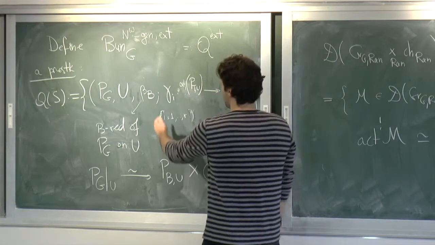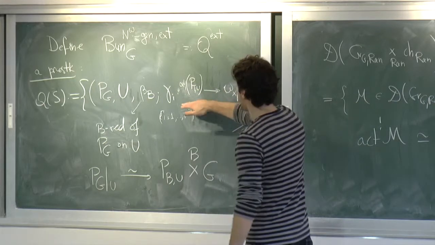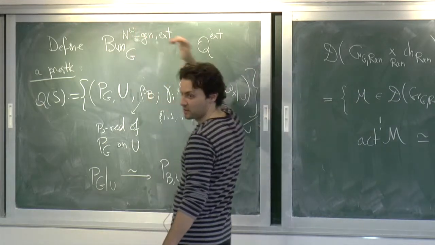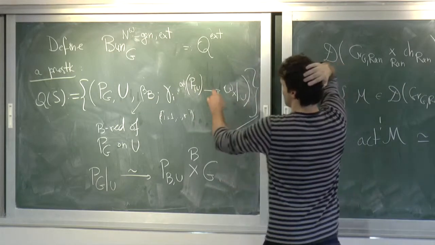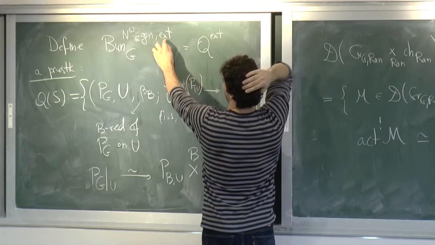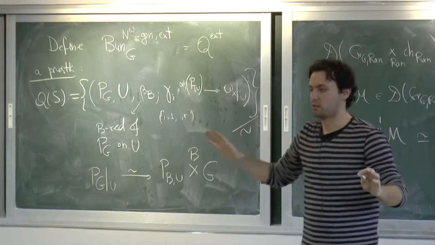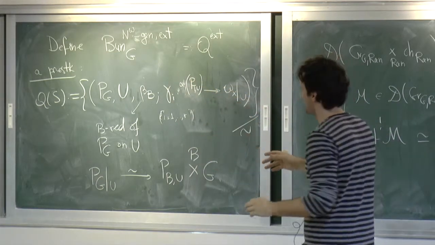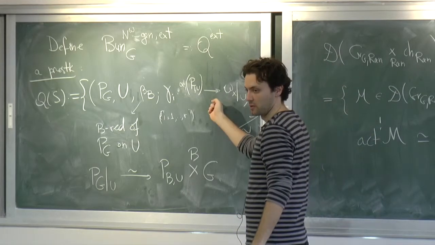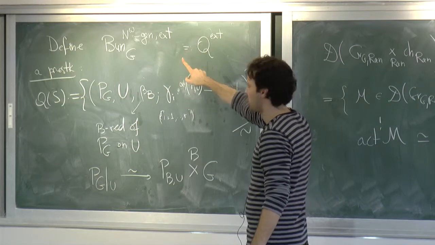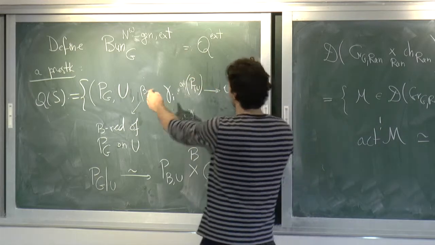Great. So it's B and not N because... why is it N omega? So what's the extended part of this definition is that these maps are allowed to be any maps, not necessarily isomorphisms. That's the extended part of the definition, and actually that's how I will cook up this